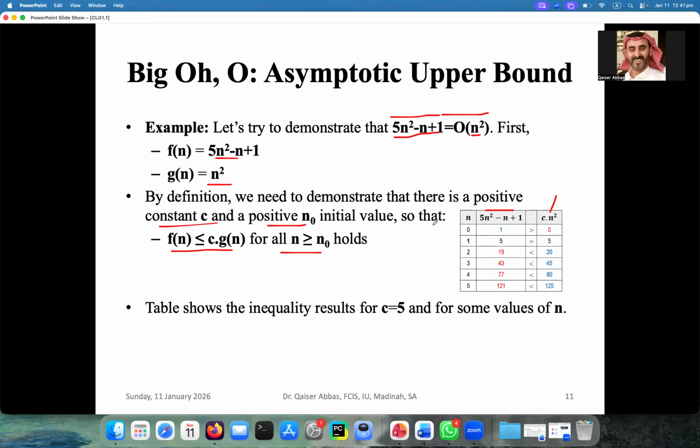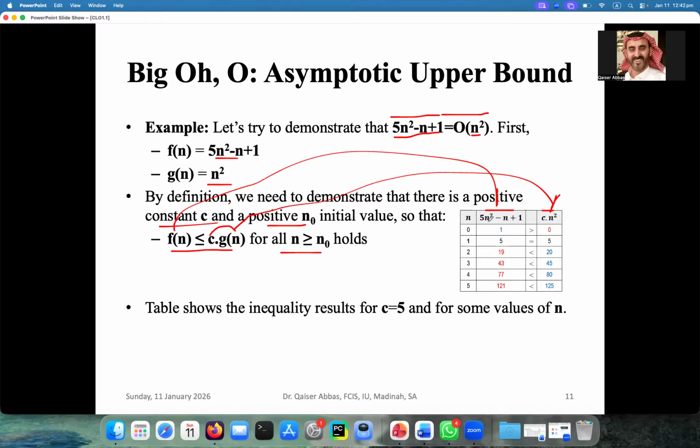And then you want to say that the worst case running time of my algorithm is order of g of n. So anyhow, this is your f of n, and n square is g of n. So it is becoming c g of n. This is your f of n, and this is your c g of n. Now n is equal to 0. If I put 0 here,